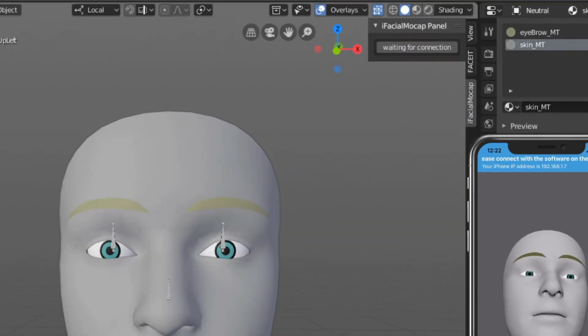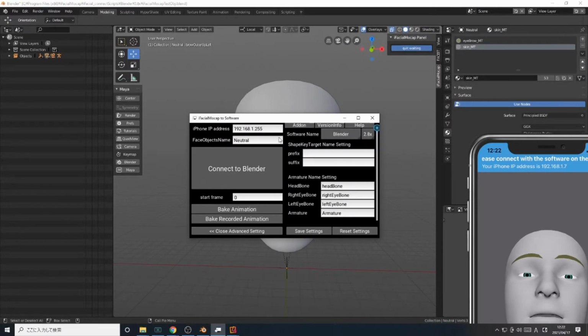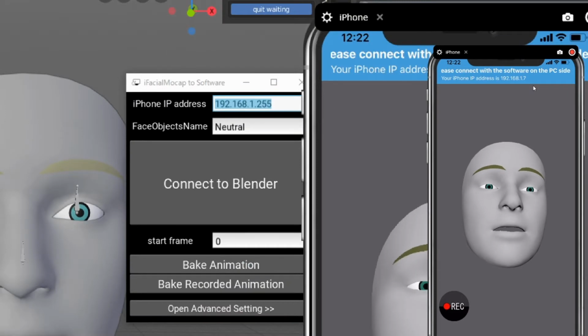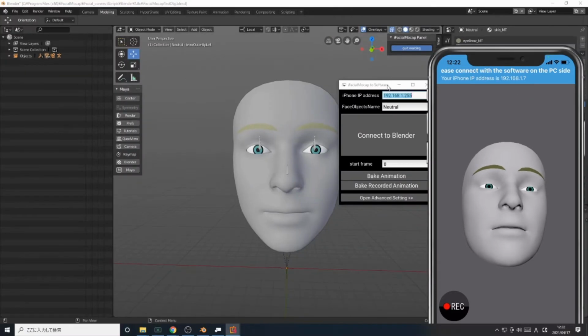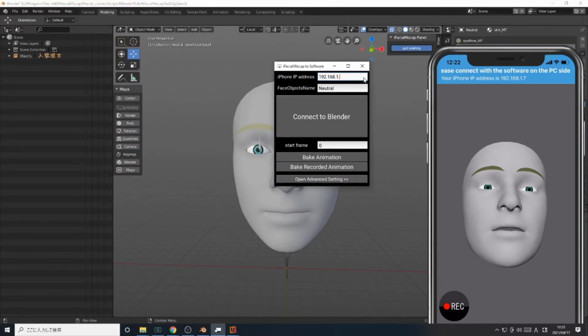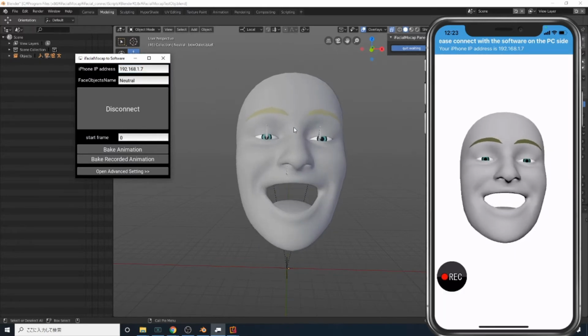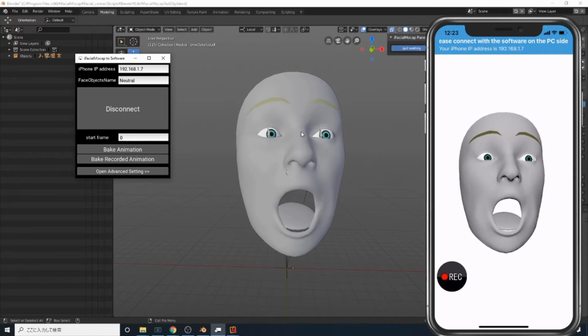Then enter the IP address setting of the software on the PC side. Enter the IP address displayed on the iPhone side. Then, when I pressed the Connect to Blender button, I was able to confirm that it communicated with Blender in real time. I will explain how this works.